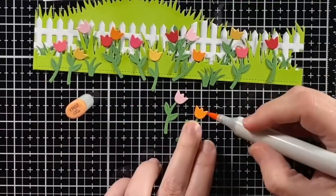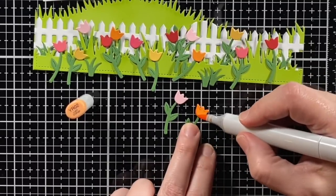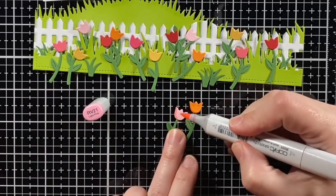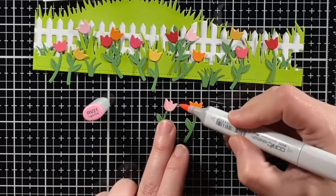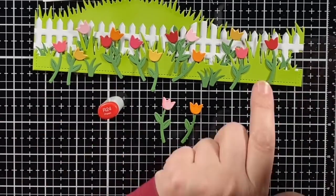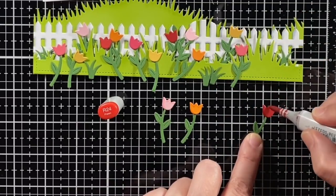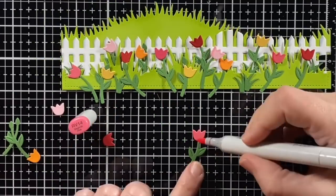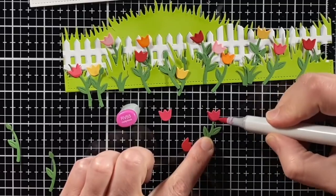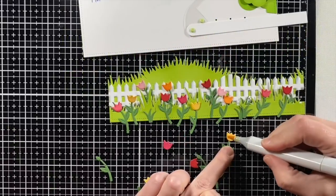Now for the tulips, I wanted to keep the shading simple, but I did want to shade because I shaded the gate and ink blended the grassy backgrounds. So I'm using an RV21 on the Ballet Slippers, R24 on the Chili Pepper. On that Fake Tan, I used a YR02, RV14 on the Guava cardstock, and RV55 on the Raspberry, and Y15